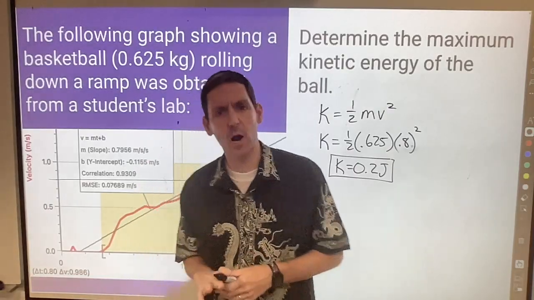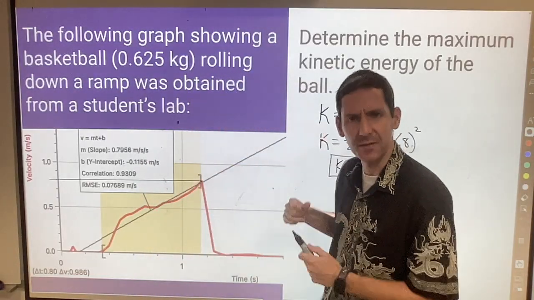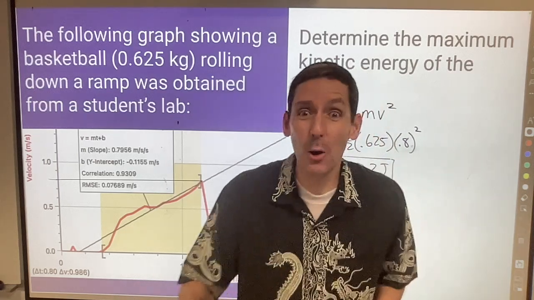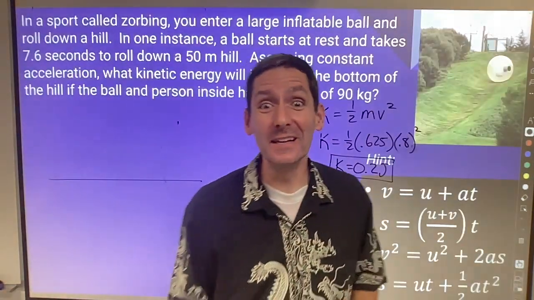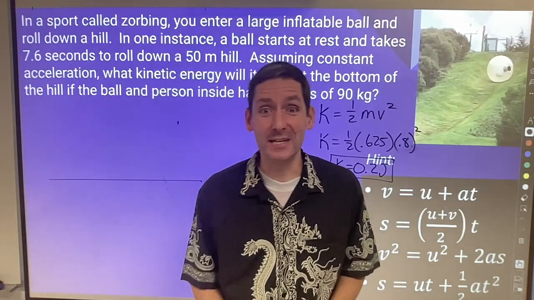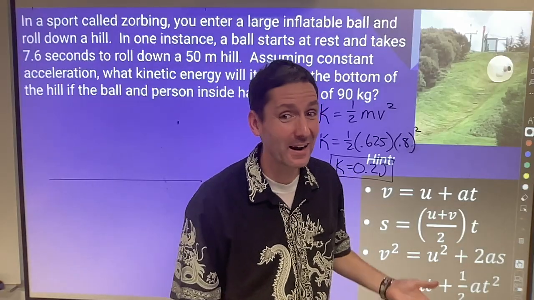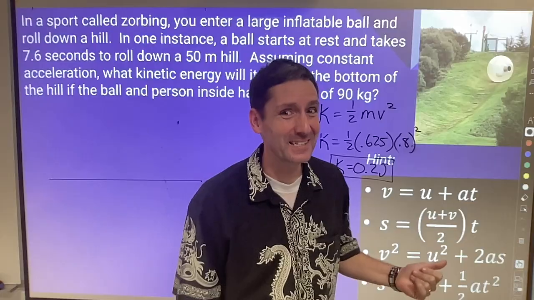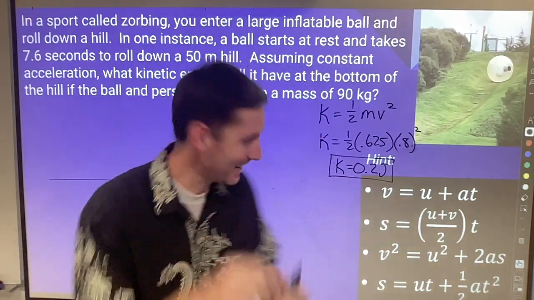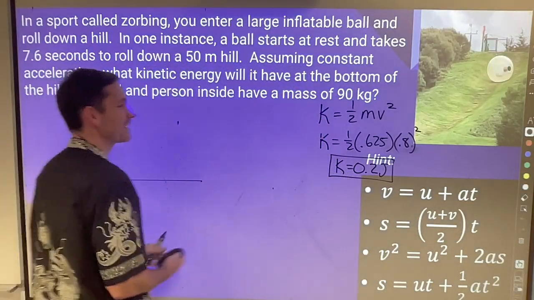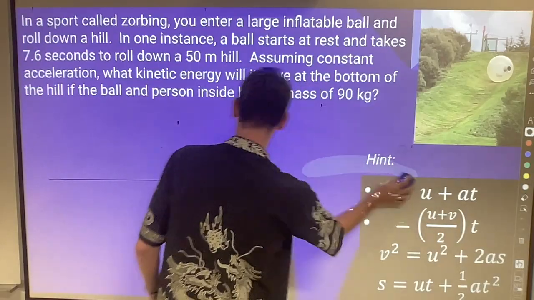So a little bit harder, right? But not that bad. All we had to do is look at the graph and find the speed. All right, let's try one more. Okay, this one will be a little bit harder yet. And you notice already, right? You can see down there my kinematics equation, my SUVAT, right? It's all right. Here we go. Let's see what we can do. All right, so